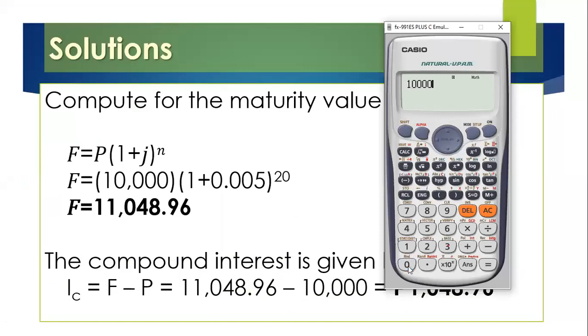So 10,000 pesos times 1 plus 0.005 raised to 20. Our answer is 11,048.96. So pwede nating i-direkta yung kanina: 10,000 multiply to 1 plus i raised to m, yung given lagi